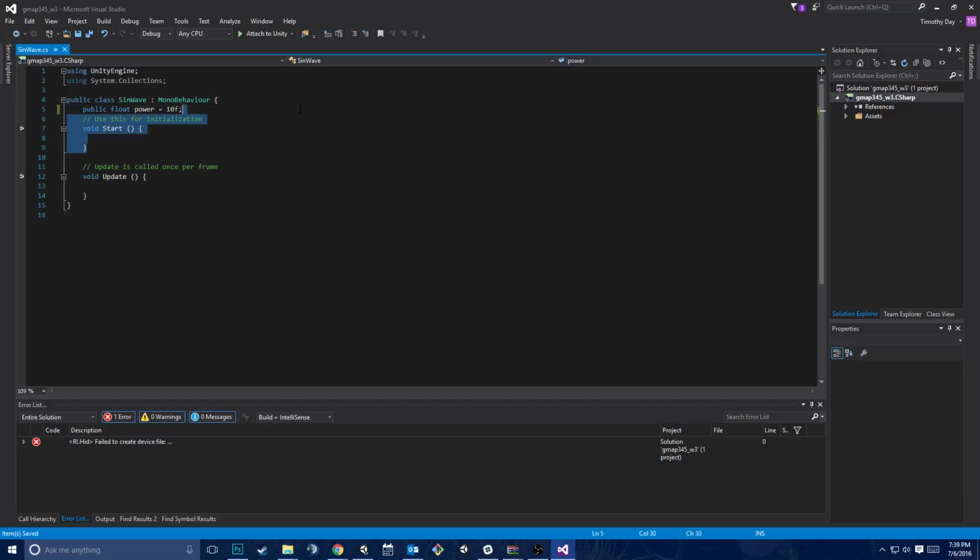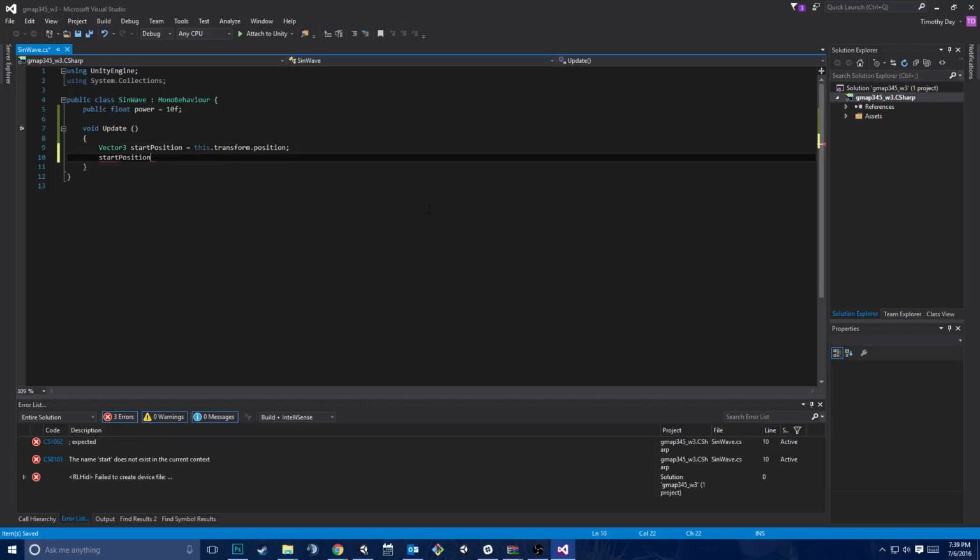Not going to do anything in start, so I'll just go ahead and delete that. And inside update here, I'm going to get a couple things. First, I want to get start position, which will be this.transform.position, right? This gets me a vector 3. And I am going to want to say start position.x plus equals start position.x plus power,